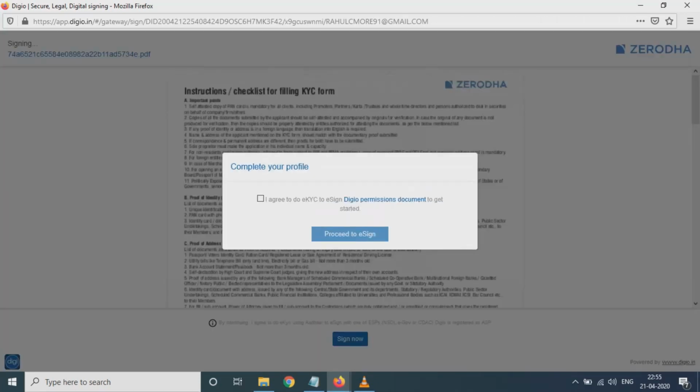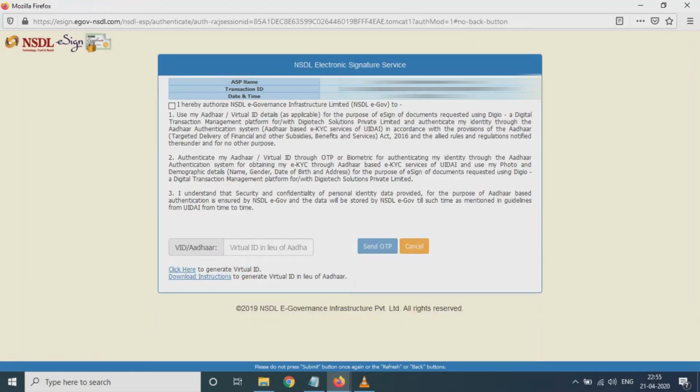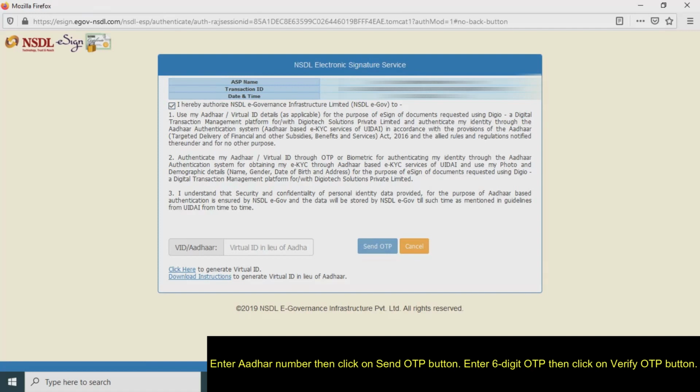You just have to enter that security code over here and click on the submit button. Once you click on submit, you will get the message on the screen, complete your profile. Just click that checkbox and click on proceed.